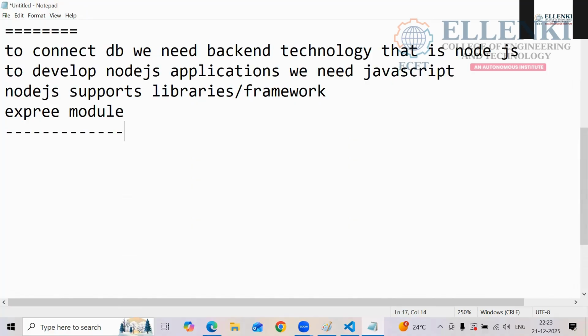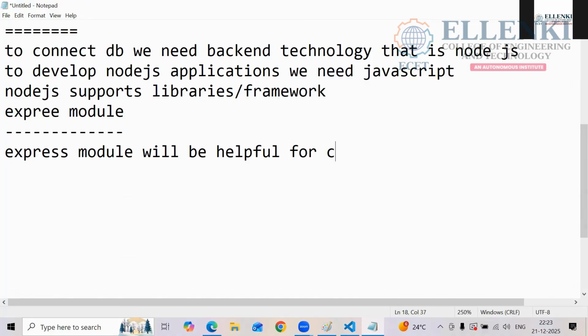Why are you using this Express module? The Express module is used to develop REST API calls. The Express module will be helpful for creating REST API calls.